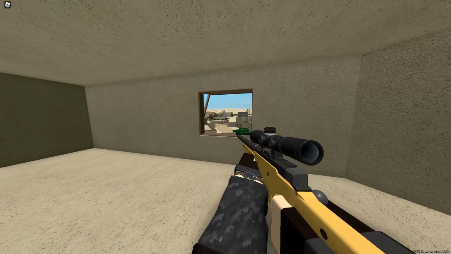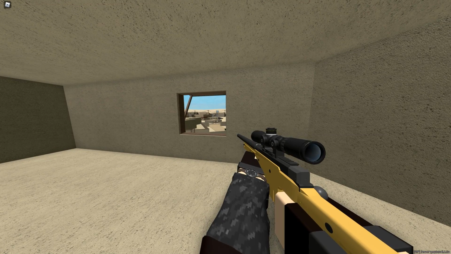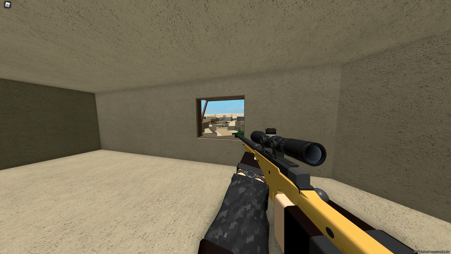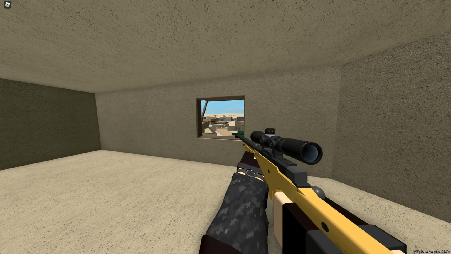It's right there in front of you. Of course, you need to be aware of other areas, and so just a general tip for sniping in general, don't just scope in and stare at one thing. Really only scope in when you're preparing to shoot someone or are definitely going to shoot an enemy, because when